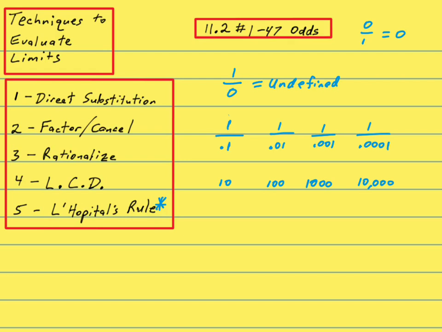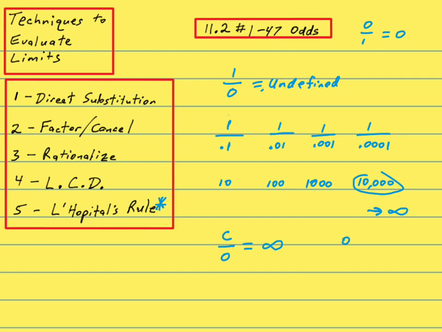So as the bottom gets closer to 0, the value starts getting bigger and bigger and starts approaching infinity. So sometimes you'll see me state that a constant over 0 is infinite,